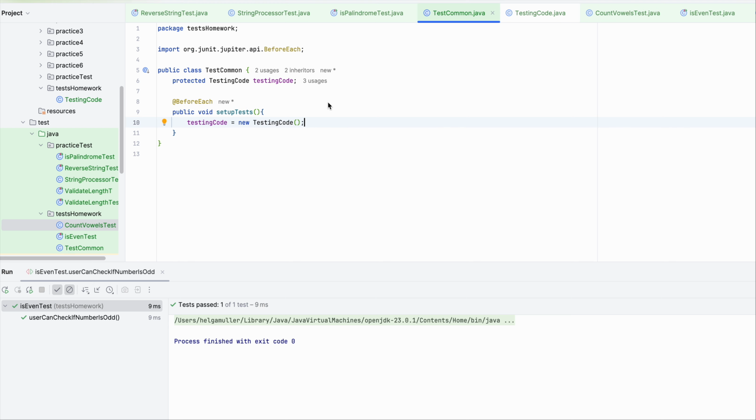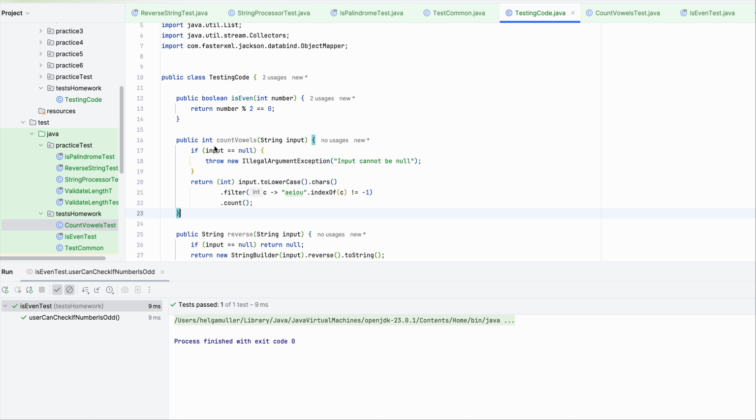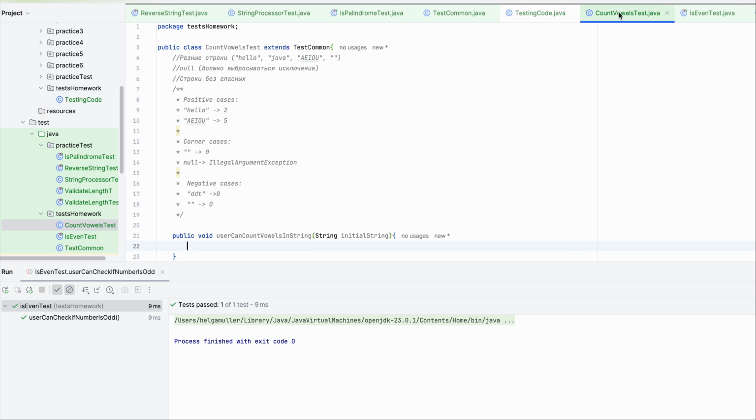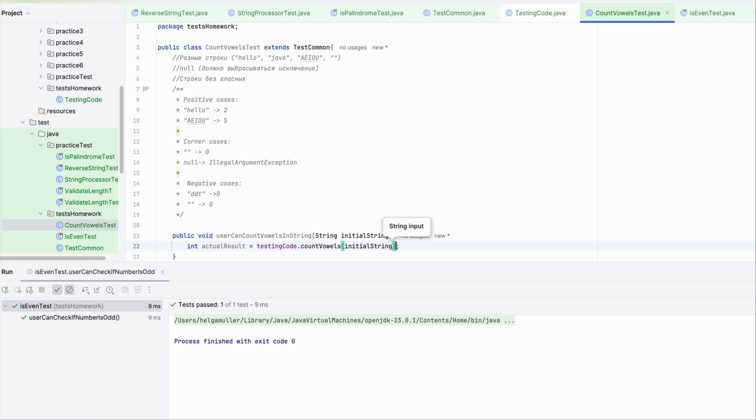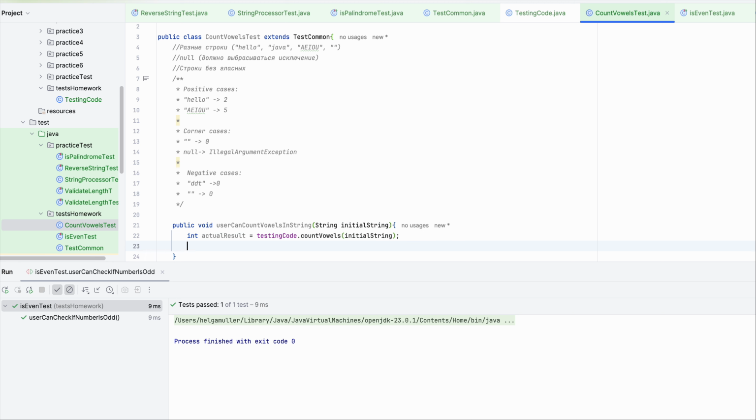So it's not test common, testing code, public int. So it will be int actual result is testing code count vowels, initial string, and then assert